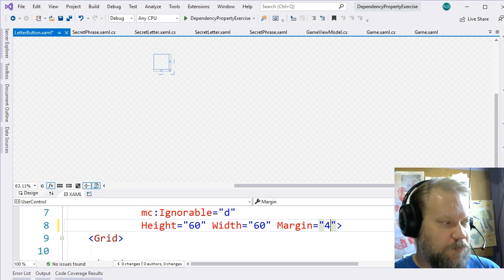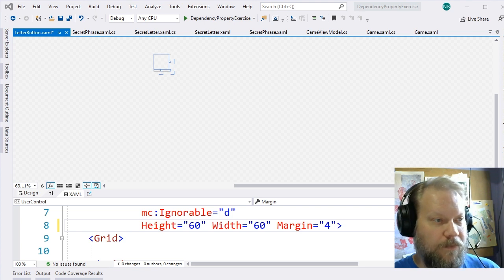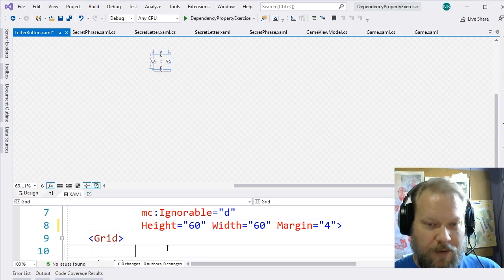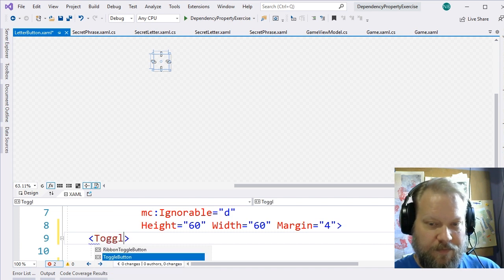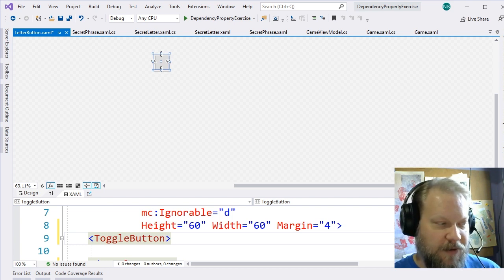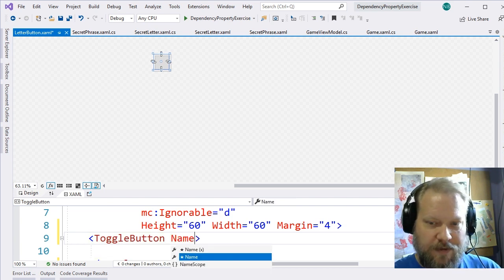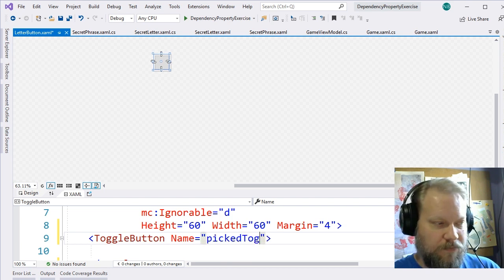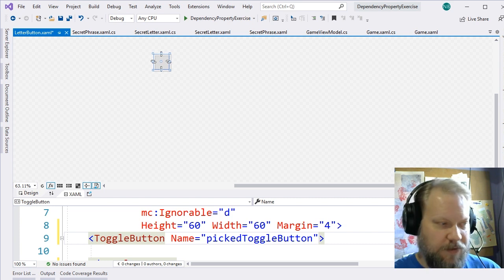And let's go ahead and we'll use a toggle button. Because a toggle button is a button you press down and it stays down or it comes back up. So let's call this pick toggle button, and let's go ahead and give